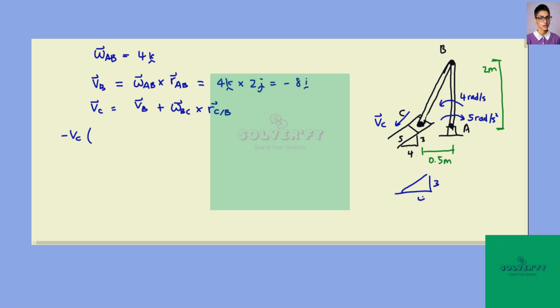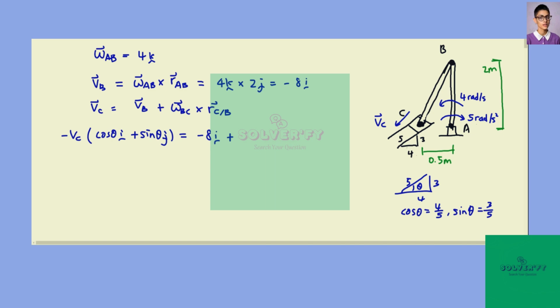This is theta. So cosine theta is 4 over 5, sine theta is 3 over 5. So minus VC, cosine theta i plus sine theta j is equal to minus 8i